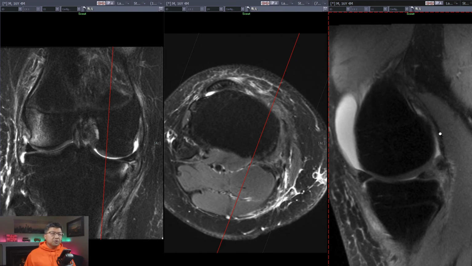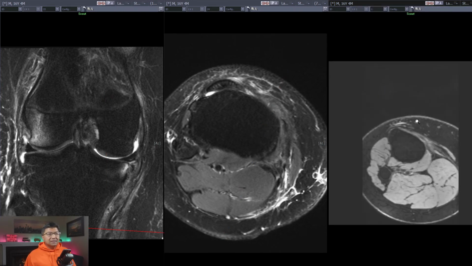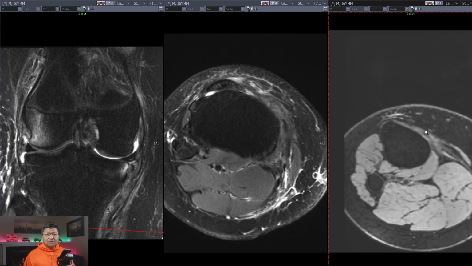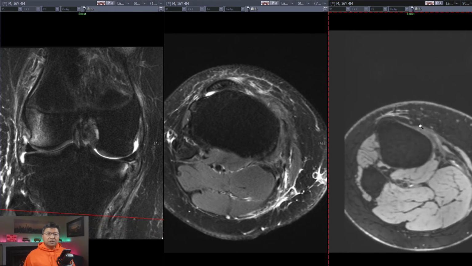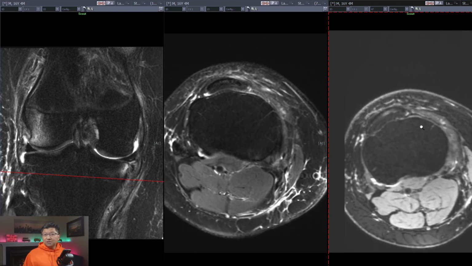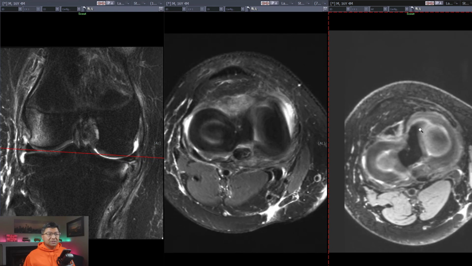I'm going to show you an axial image. That's a DES, which stands for dual echo steady state. It's basically a gradient sequence. We acquire it in the sagittal plane isovolumetrically, 0.6 millimeter slices, and we can reconstruct it in any plane that we want. This one, the axial, is very helpful. We typically use it for cartilage imaging, but I think it's great to look at the anatomy of the meniscus